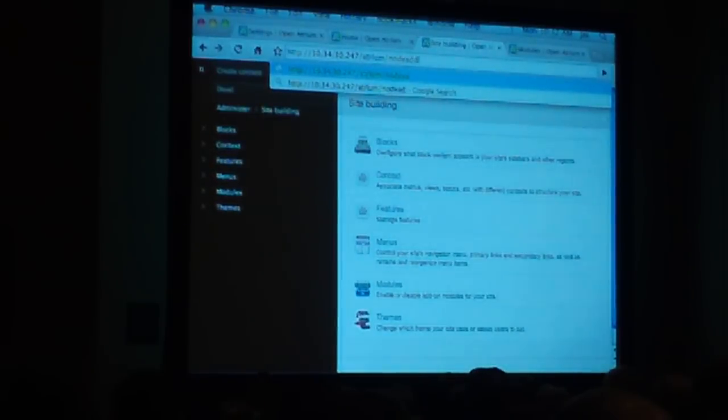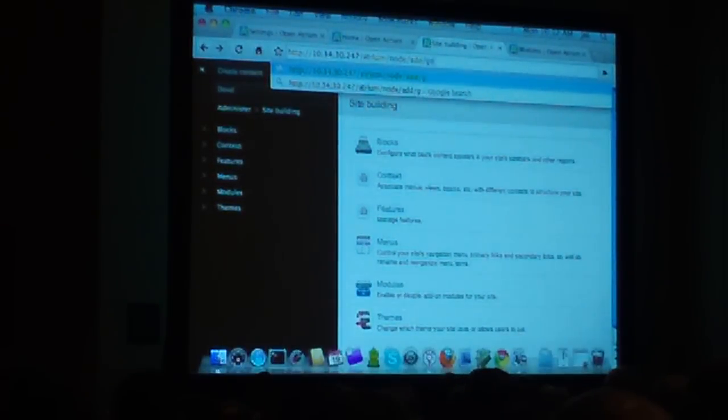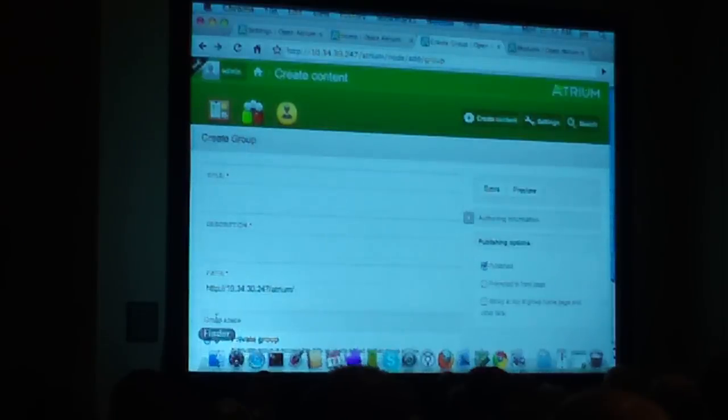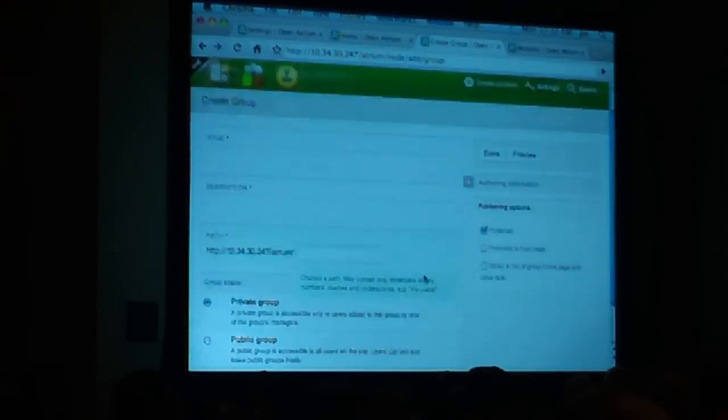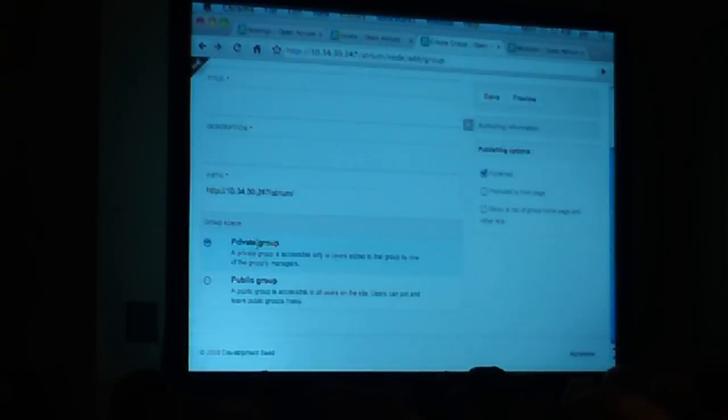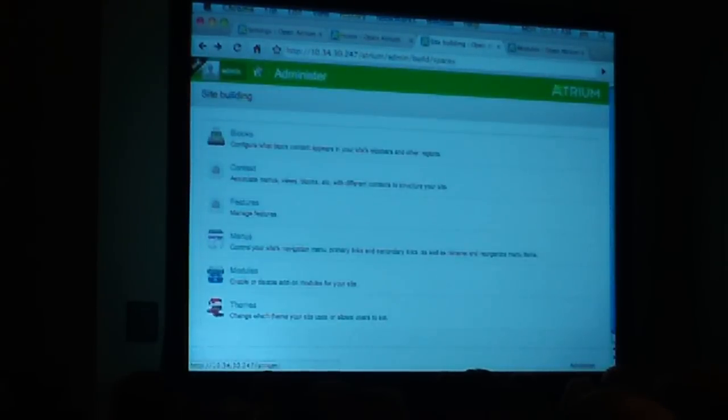I'm going to make a new group here. And in addition to filling out a title, a description, and a path for the group, I can choose to make the group either a private group or a public group. And what these are is just a collection of settings that I've saved to a preset to start off for those spaces. So when I go back to those spaces here,